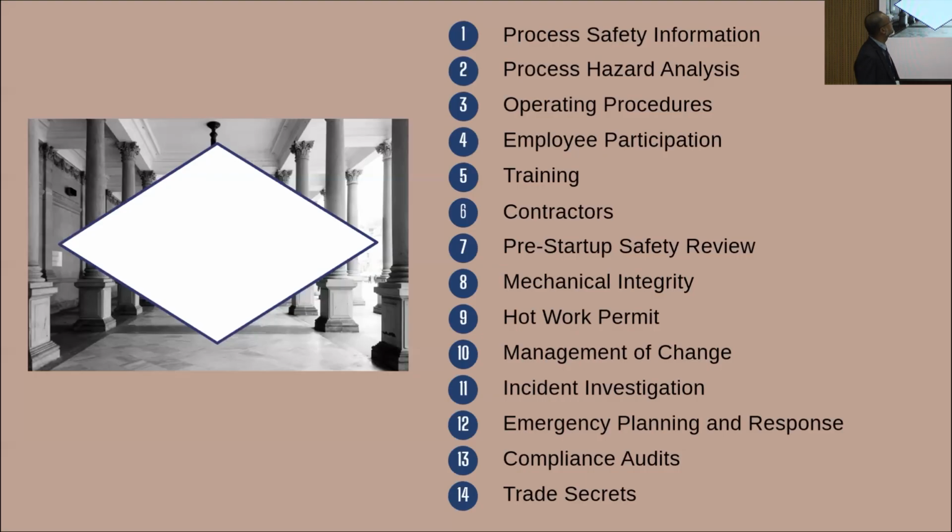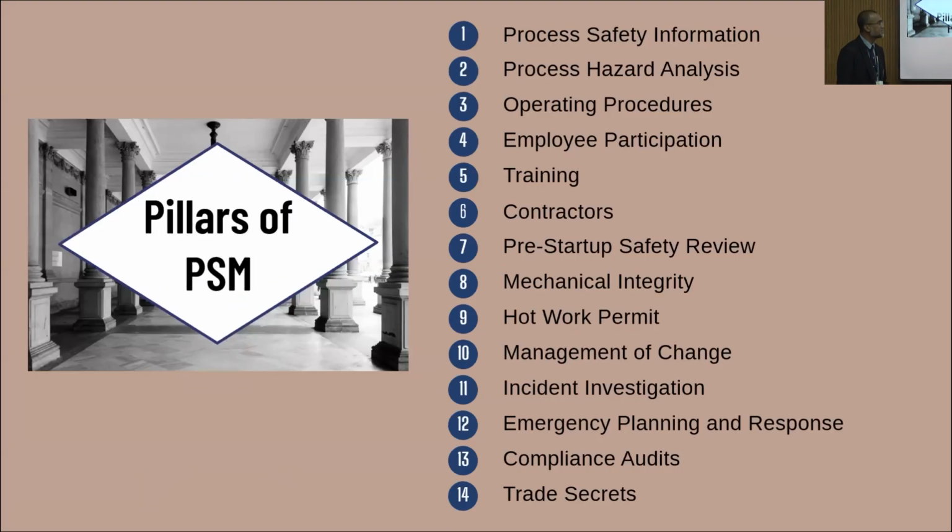So these are the pillars as defined in the OSHA. We have 14 pillars here. I'm not going to go through all of them in great and gory detail. However, if you have never seen them, maybe we'll talk about them quickly. Process safety information, I will go into a bit more detail later on what that entails. Process hazard analysis would involve your tools. It would identify hazards involving hazardous chemicals. If you're familiar with HAZOP, HIRAC, any other risk assessment, that would be process hazard analysis.